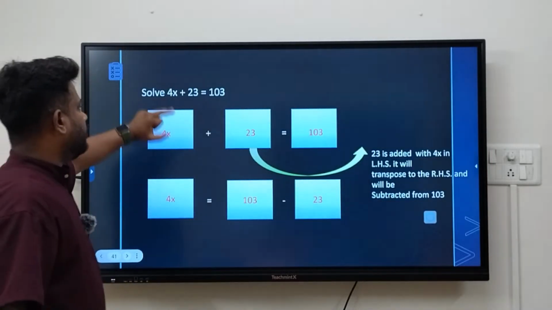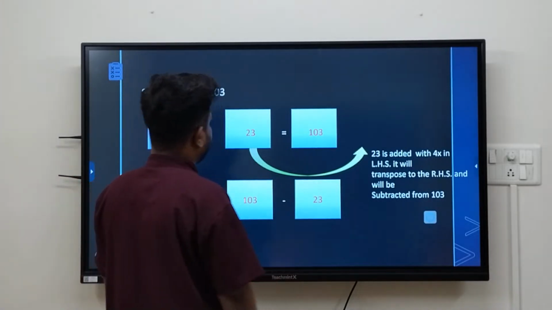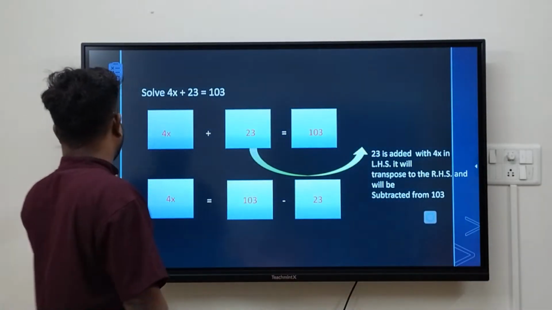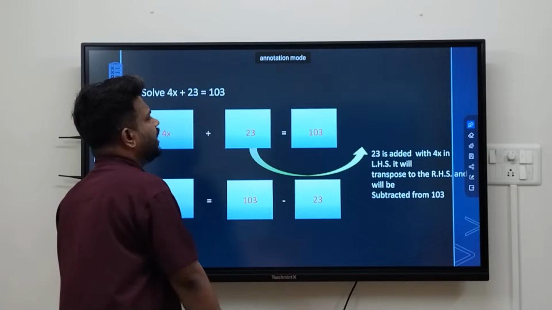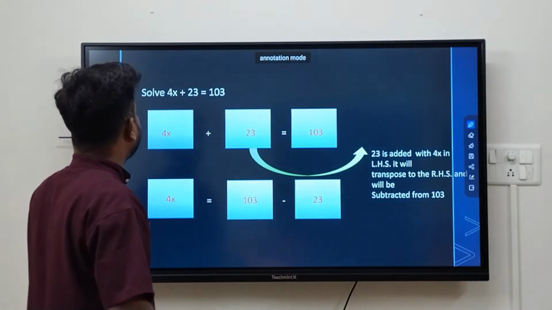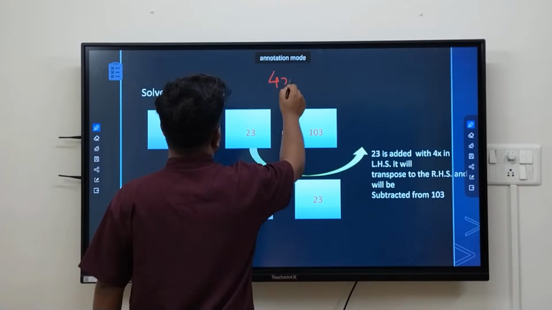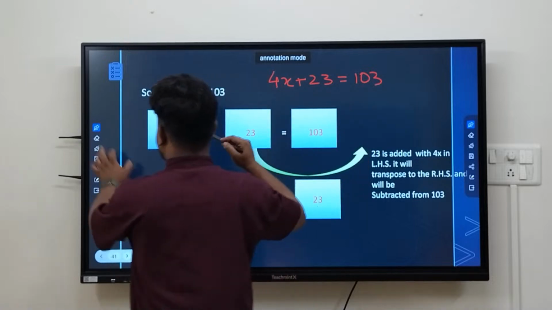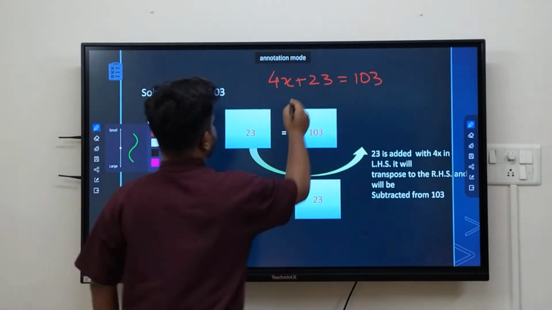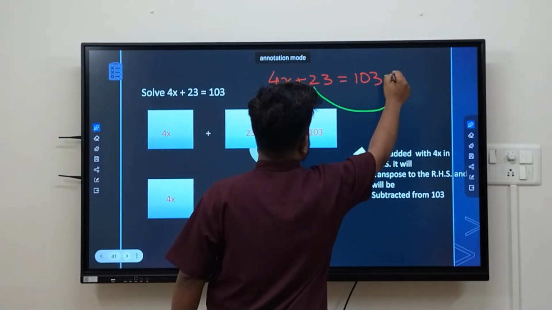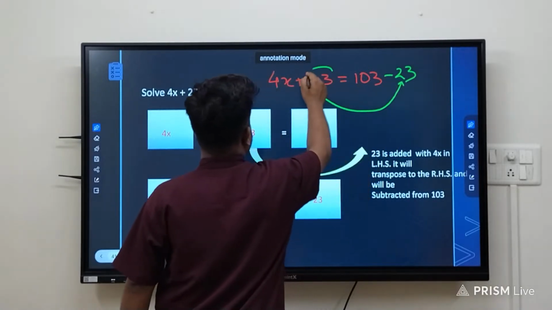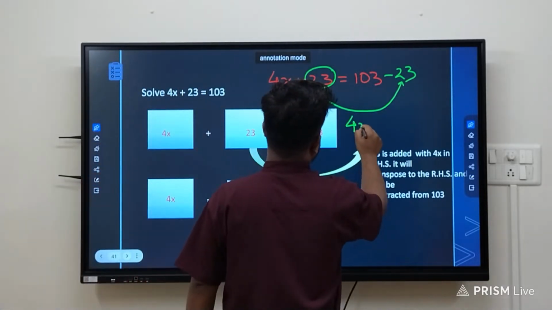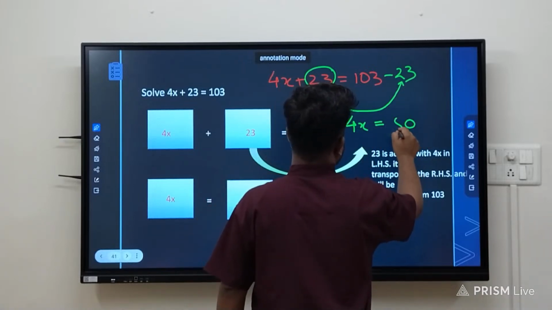Okay, so let's solve 4x plus 23 equals 103. This method is also like what we are trying to do with the inverse method. So it will be 4x plus 23 equals 103. So all we have to do is change 23 from here to here. So it will be 4x equals 80,